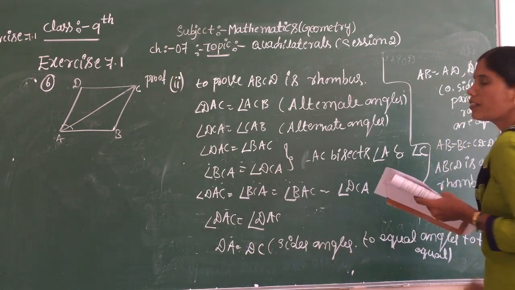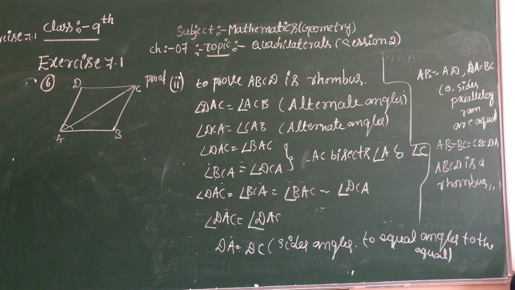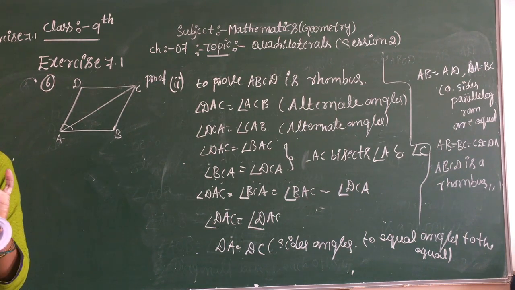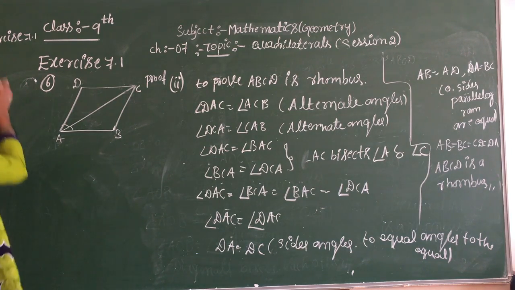A rhombus is one of the types of quadrilateral. Already you know in 8th standard. Okay, children, the 7th one: ABCD is a rhombus. Show the diagonals AC bisect angle A as well as angle C, and diagonal BD bisects angle B as well as angle D. So you only write that figure. Think and write. Now next we should solve this problem also.